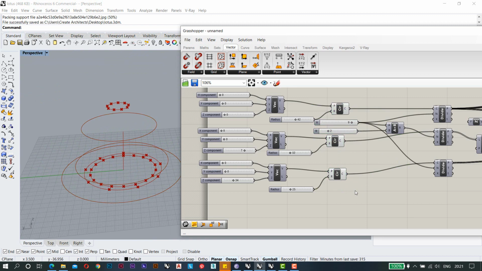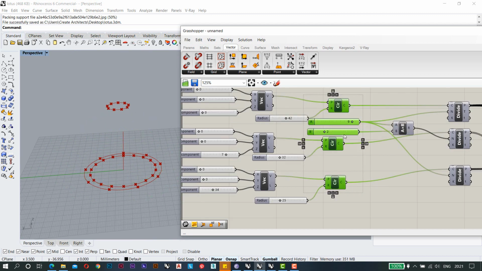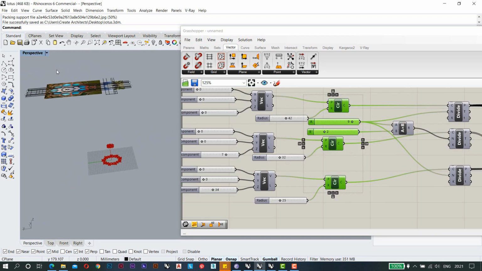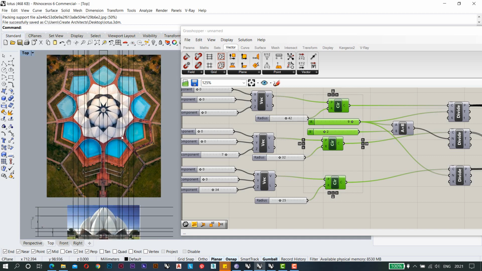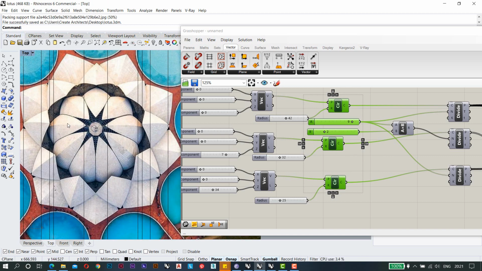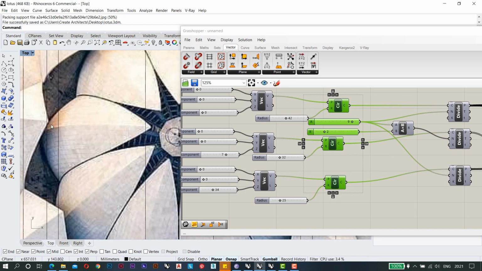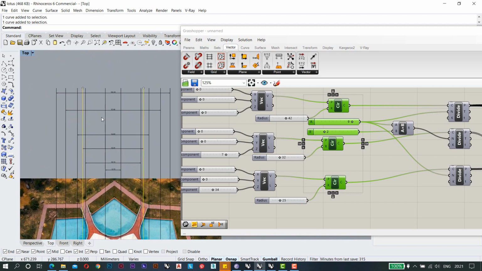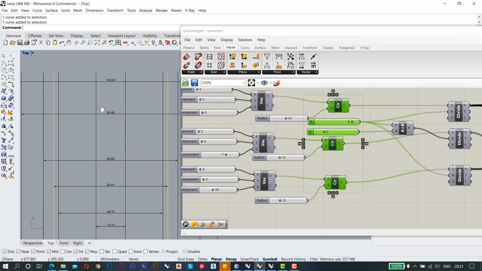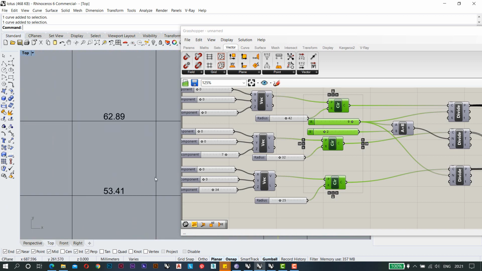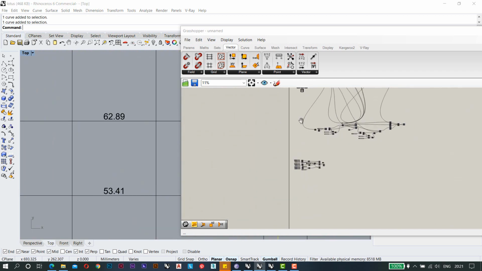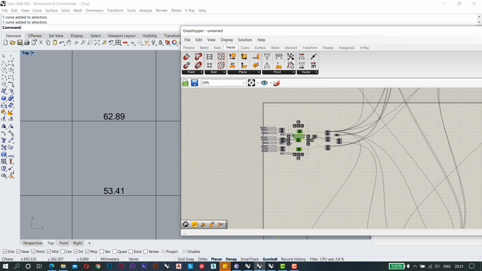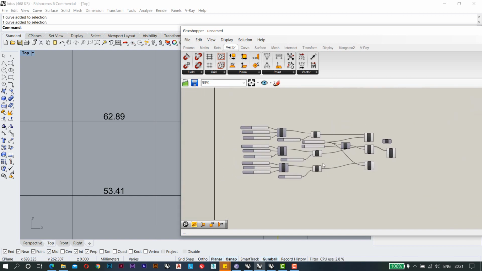So for making similar kinds of circles, we need to have the dimensions for our inner leaves. Basically this is the dimension for the outer, which is on the ground, and it is somewhere like 53. That's why we have taken the same module here along with the circles. So we have copied it already.